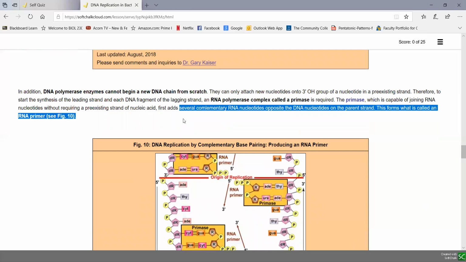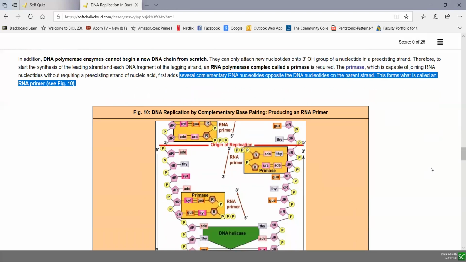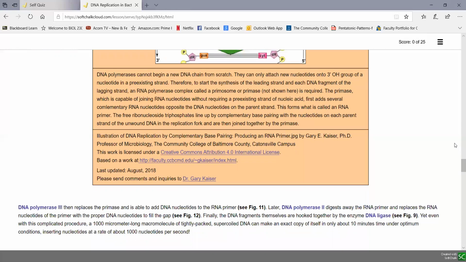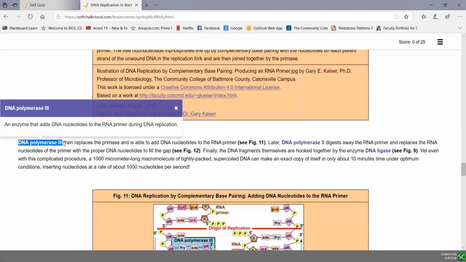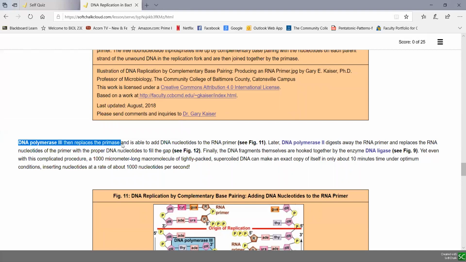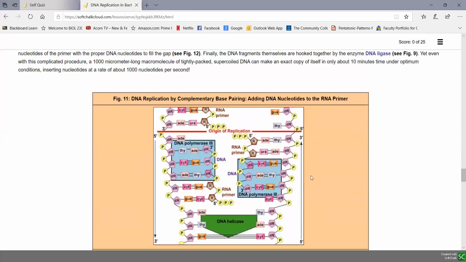So that's the primase role, to insert some RNA nucleotides complementary to DNA nucleotides at the beginning of the replication fork. And the same thing would be happening in this direction as the other helicase is going this direction towards the top. An RNA primer would be inserted. Then after that occurs, DNA polymerase 3 replaces the primase and is able to add DNA nucleotides to the RNA primer. So if we look at figure 11 here,